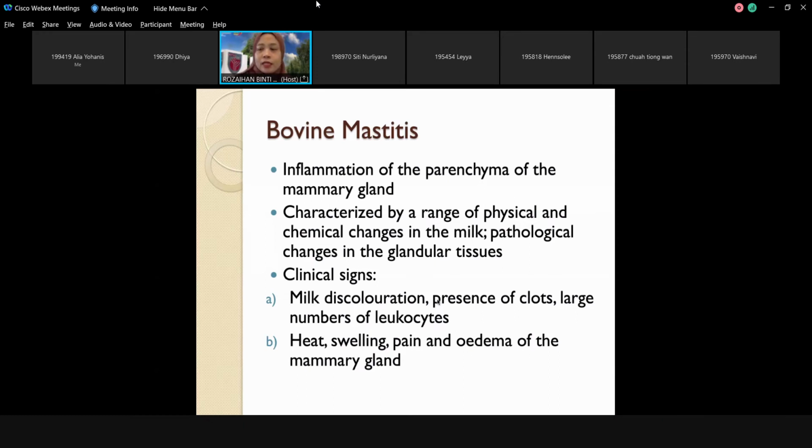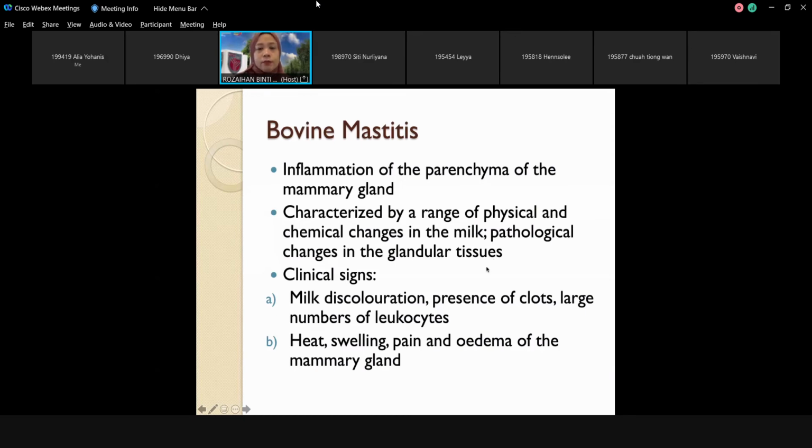So what happens is that when you're talking about bovine mastitis, inflammation of the mammary gland, three things happen. It might be abnormalities of the mammary gland, of course. It would also be abnormalities of the milk. And third is abnormalities in the animal itself. Okay, so many